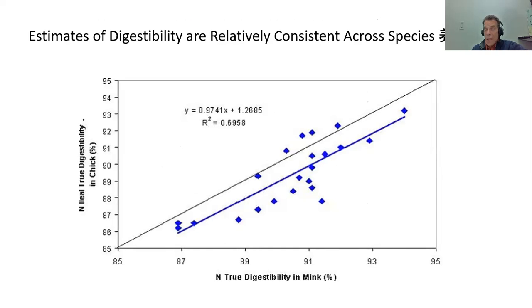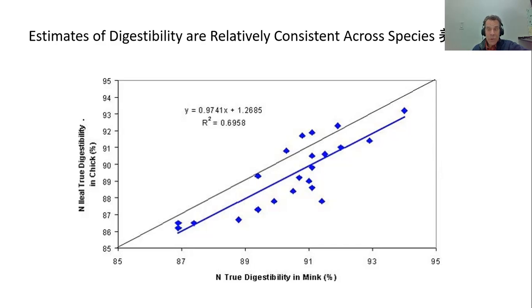You can actually use digestibility in one species to predict the digestibility in other species. That's what's done in Norway, for example, where they use mink to predict the digestibility of different fish meal for chicken and other animals and salmon. You can see they related the mink digestibility with the chicken digestibility, and they find a really quite high degree of correlation between two measurements. The values are a bit different, but they actually rank in the same way. So actually, differences between species are not that big.